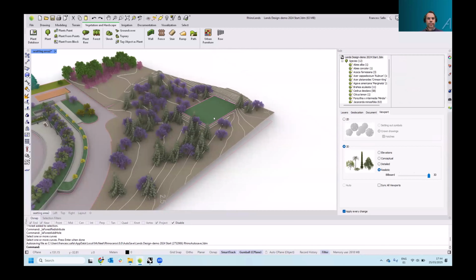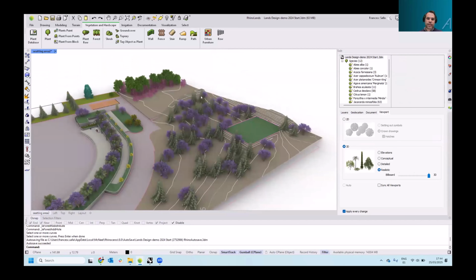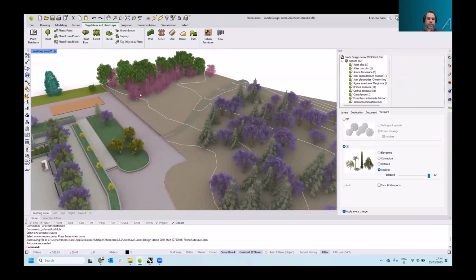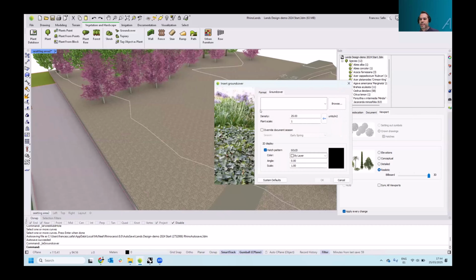Good. So, as we have seen before, we can arrange plants in forests, in shrubs, in plant rows. We can also insert ground covers. Maybe it's something that I can show you here. The ground covers use different representations of plants, either in 3D or in 2D. In 2D, they are represented as a hatch pattern. But here, when we browse for the plant species,